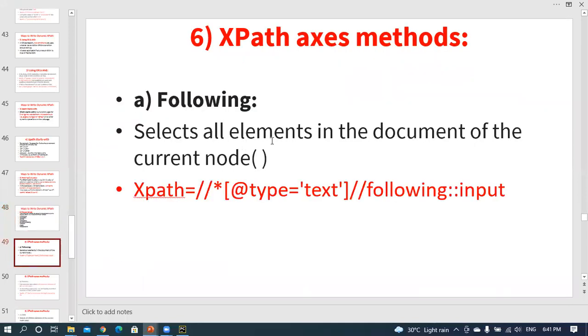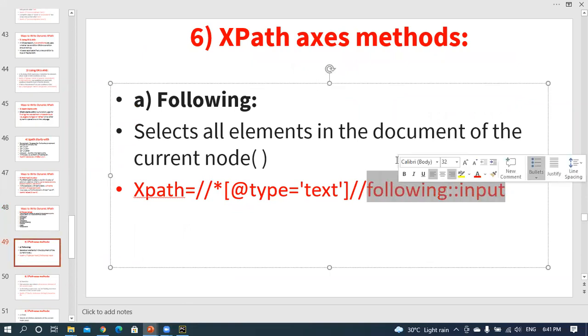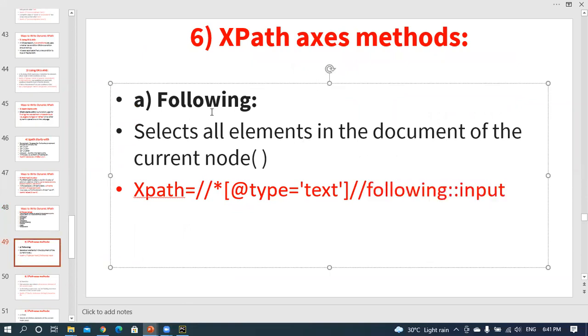For example, following: how can you get this one? Following selects all elements in the document after the current node. For example, X having some element. In order to get those elements, you use the same thing. This is a tag name, star indicates a tag name, @type equal to text / following.